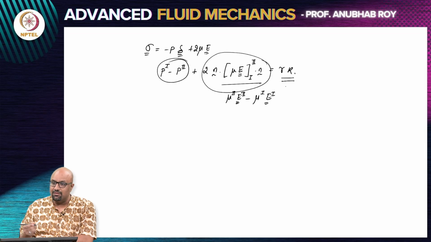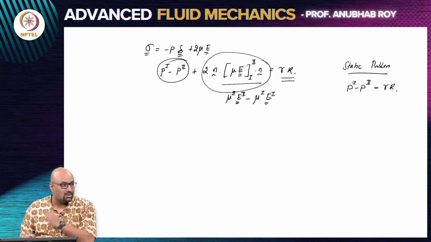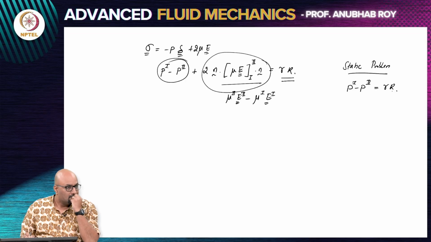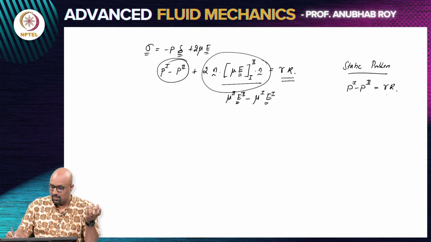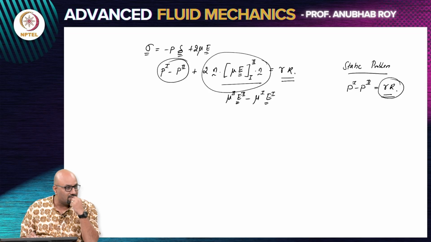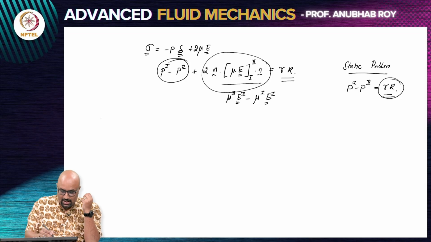Which tells us that even if it is a static problem, where there is no motion, you can still have a jump in pressure between the inside and the outside. This is typically what we know about bubbles, drops, etc., that in a static state, it can maintain a spherical shape because of surface tension. The pressure inside is different than the pressure outside, and that is enabled by the fact that you have surface tension in the problem. The tangential one